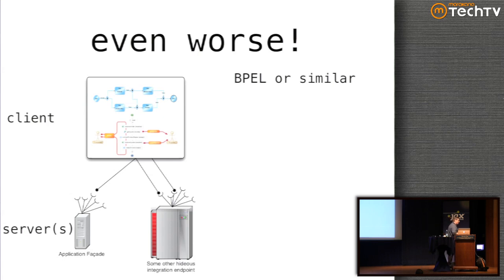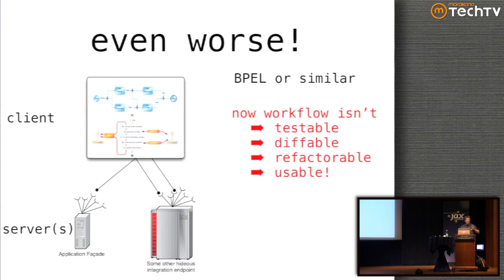And now you've actually put yourself in a much worse situation, because now once you've got your workflow captured in this graphical tool, it is no longer testable. You can't write a unit test for that stupid diagram that you've got. You can't really diff it either. Now, underlying that stupid diagram is a 10,000 line XML document. You can diff the 10,000 line XML document if you want, but that's a job with a high suicide rate. Nobody wants to do that. There's no good way to see that diff graphically, so now you're in this XML kind of world. You can't easily refactor this stuff.